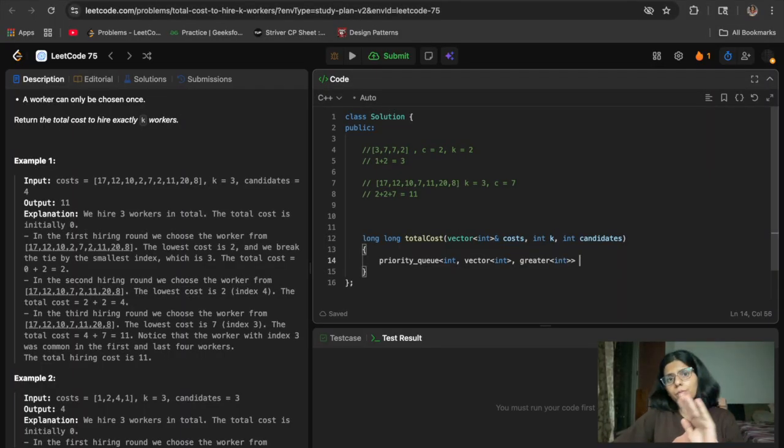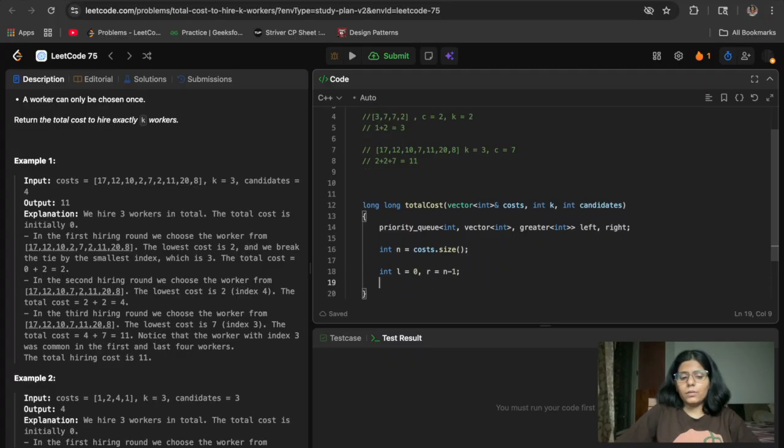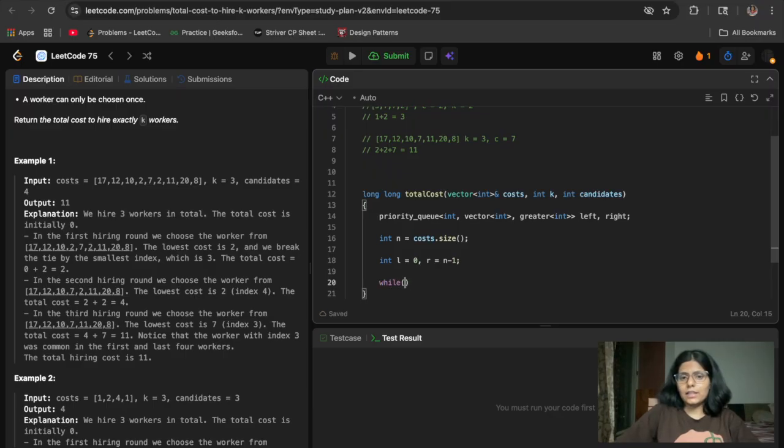I'll take two min heaps, the left one and the right one. First I'll take the size of the cost array, how many workers I have: N is equal to cost.size(). For the left one I'll have a pointer, L equals 0. For the right I will have a pointer from N minus 1. While L is less than candidates,